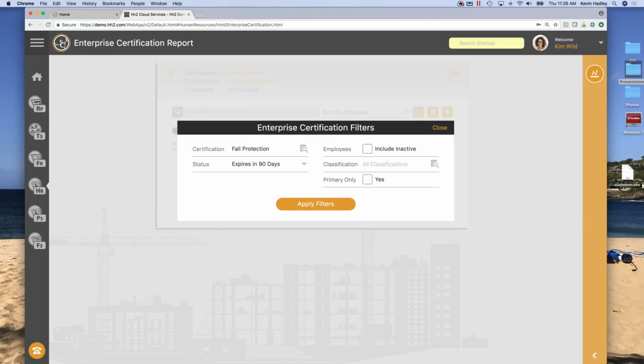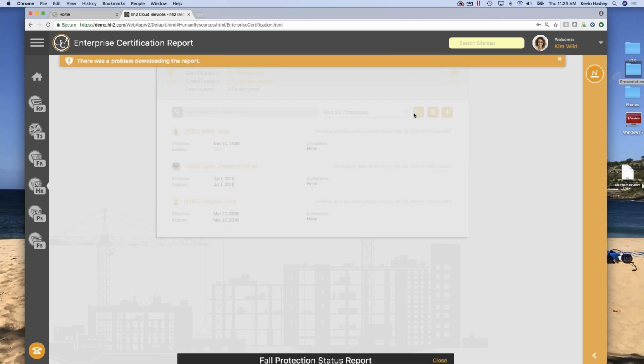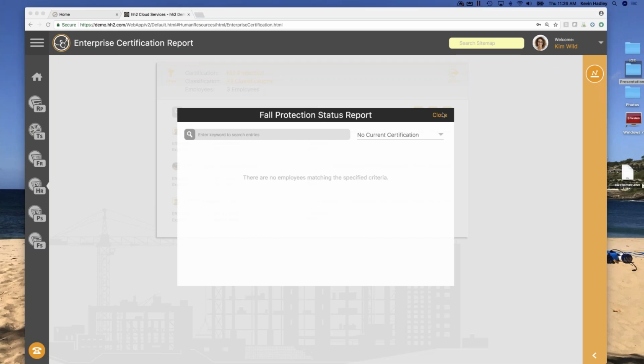If I went back into that and just say, show me everybody that's current on this particular fall protection, this would show me everybody that's current. Okay, so it's pretty simple. I can then use the export button to export this into PDF or Excel. I won't necessarily do that in this presentation, but I can select that, and then I can decide, if I wanted to, sort out on this report.